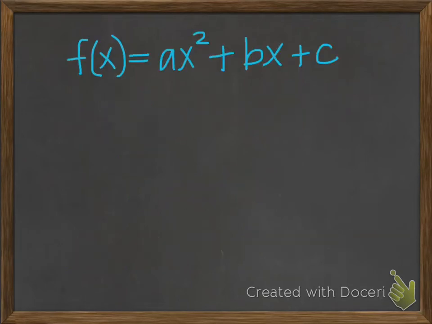First off, remember that f of x equals ax squared plus bx plus c is the standard form for a quadratic function. What actually makes it quadratic is this exponent of 2. Okay? So if you see that on your variable as an exponent, then you've got a quadratic function. I want you to also remember that the f of x is the same as y, or your output, so you may also see it like this,